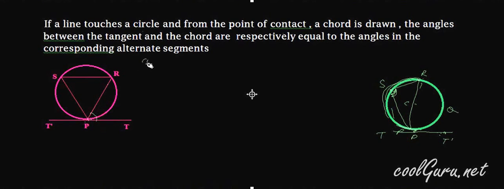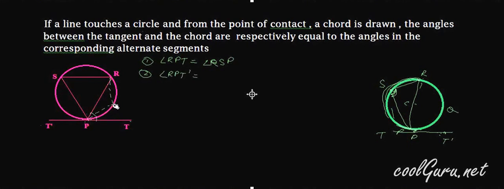That means we have to prove that angle RPT is equal to angle in alternate segment, which is RSP, and also for the angle RPT dash, this angle is equal to angle in alternate segment for this angle, which is,